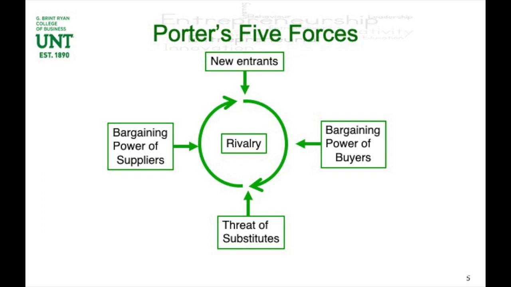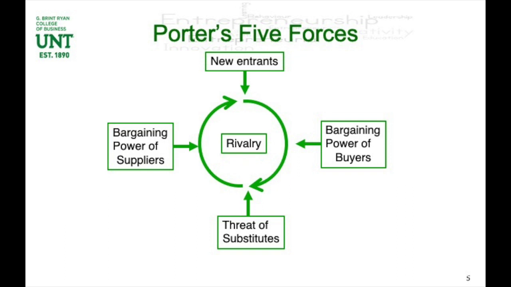But the idea is that the greater these forces are, the lower profit is going to be. So let me talk about that for a second. So let's say that there is a greater threat of new entrants. That means that it's more likely for there to be new entrants in an industry. Well, think about that. It means more competition. What does that do to your profits? It reduces them. Think about buyers. Well, if buyers tend to have more power over companies in your industry, that's going to mean that you're going to have to do what they tell you to do. We'll talk about some of the competitive implications in just a moment.